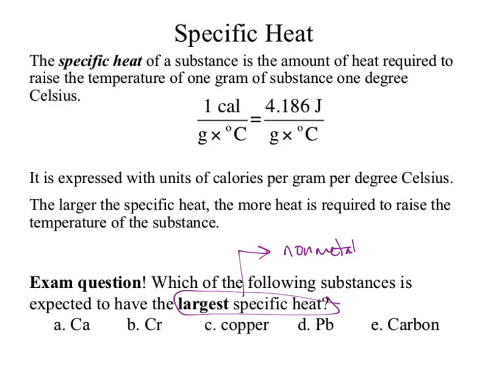Copper. The periodic table doesn't say copper. What do I have to know? I have to know that the symbol for copper is Cu. Now that I know it's Cu, where's Cu? Left of the staircase, it's a metal. Pb I don't have to know anything about because I can look at the periodic table. Carbon, what do I have to know? That's the last answer. That it's a C, and as C, where is it on the periodic table? To the right of the staircase, making it a non-metal. There's my answer. Everybody get that?